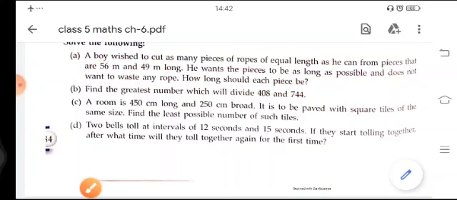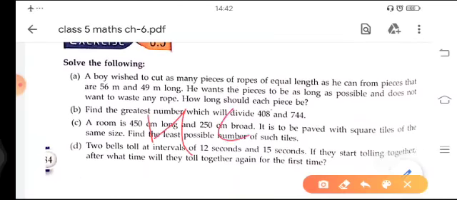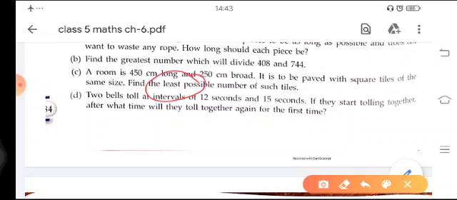See, in a statement-based question, to identify whether you have to find the HCF or LCM, you have to look for a keyword. If the question mentions a largest, longest or greatest number, then it means that you have to find the HCF. And just the opposite of it, if the question mentions a least number or a smaller number, then you have to find the LCM.